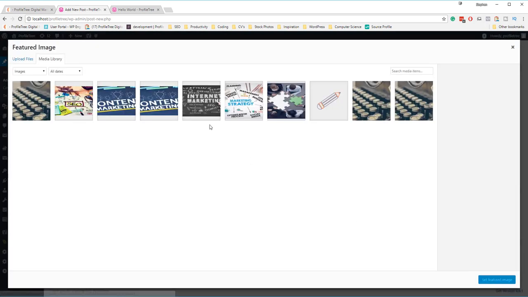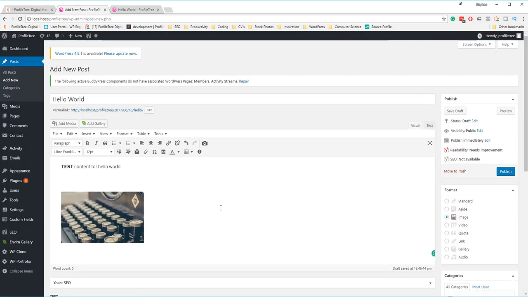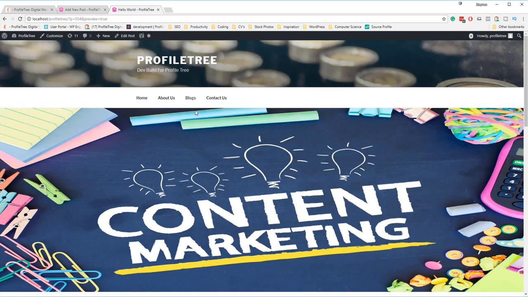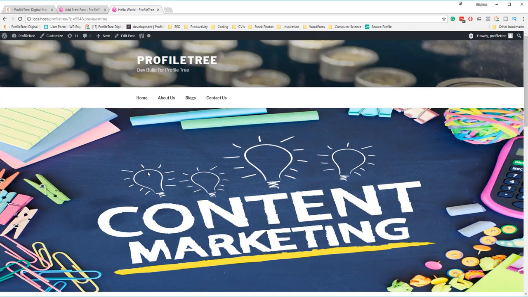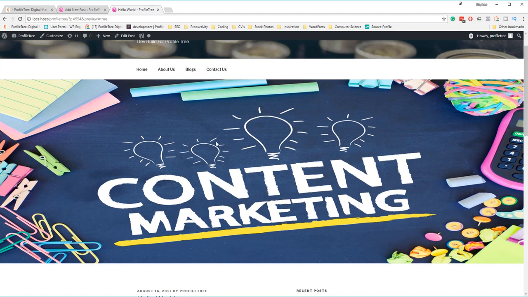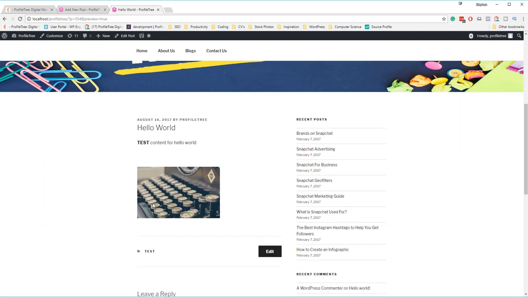Now featured image can relate heavily to your theme that you're using. So some themes may not actually feature any form of featured image. They may actually not display it. Others will display it though as the top header image, and you can see here is a perfect example. As soon as you add the featured image, this takes the banner role or the header image, suitable for those who may want to set up a page with a leading image followed by a series or a chunk of